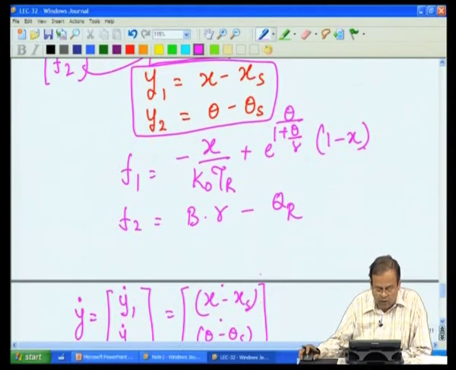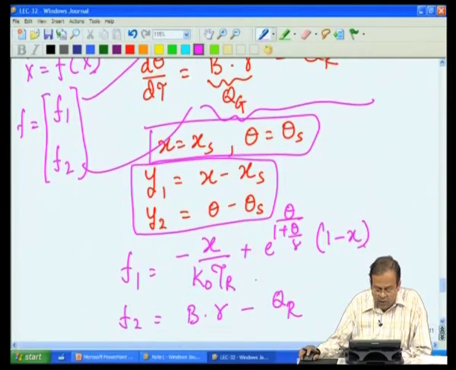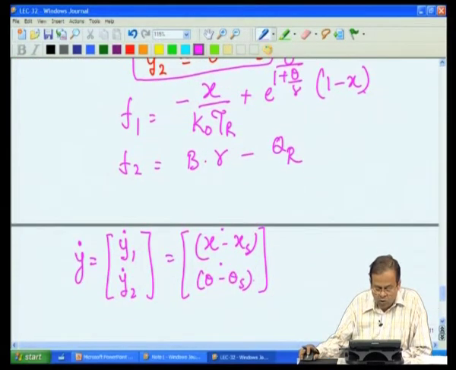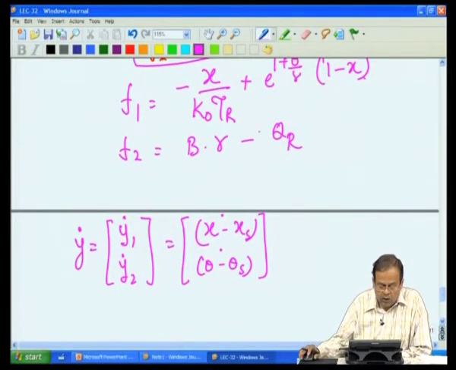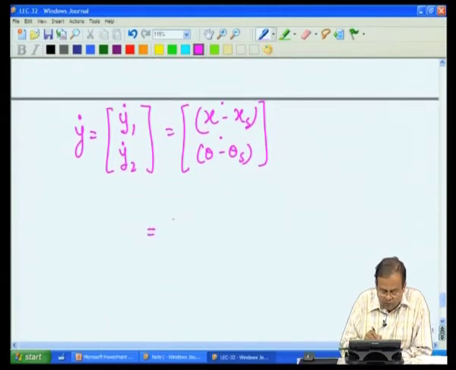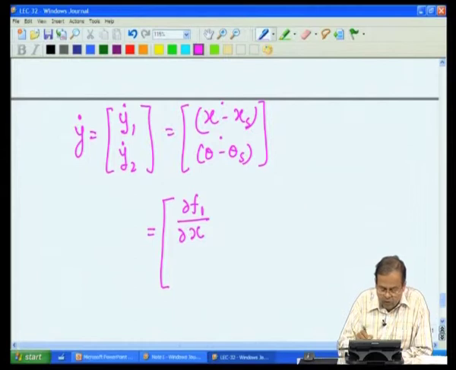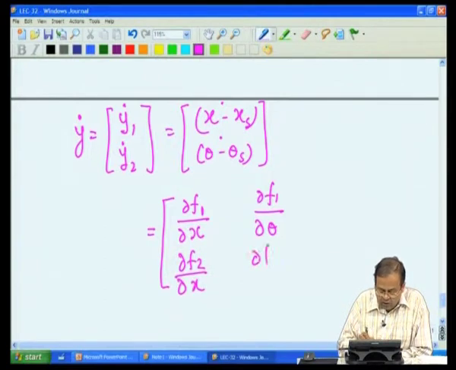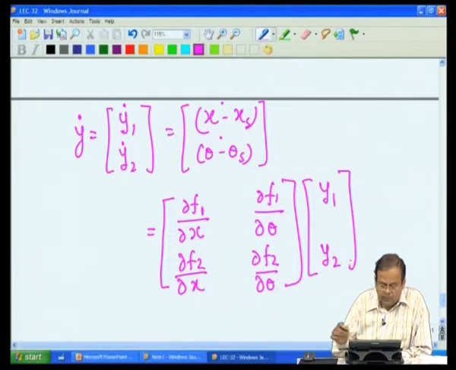This is the real quantity that we are looking at, and these are my F1 and F2. So, this quantity is now nothing but del F1 del x, del F1 del theta, del F2 del x, del F2 del theta into y1 and y2,